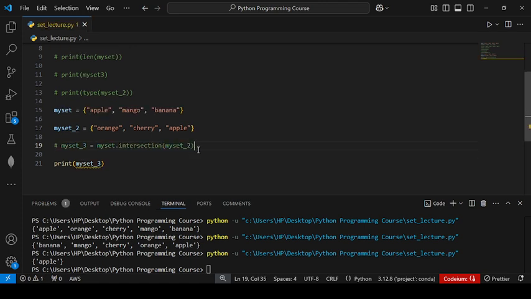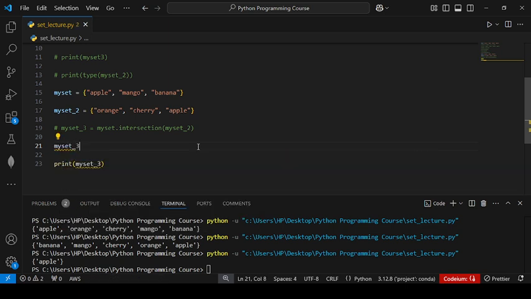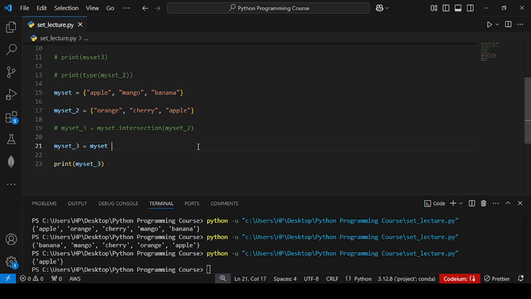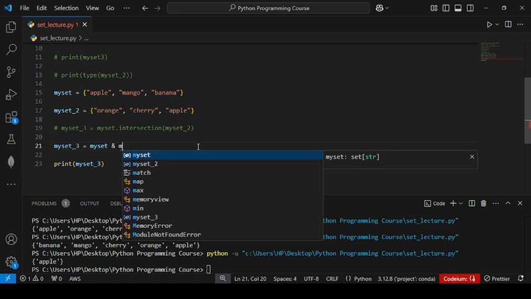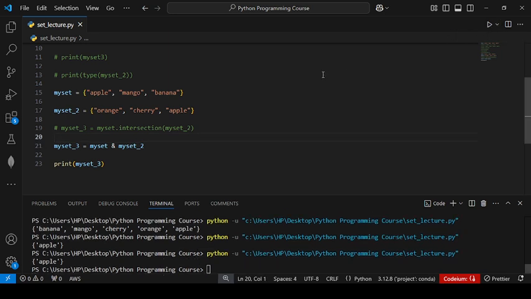I comment this out and I write here mySet3 equals mySet, writing an AND operator for intersection, and mySet2. So you will see apple is the output in the terminal. Yeah, this is a different way of doing the same operation. We can write intersection, or we can use the operator as well.